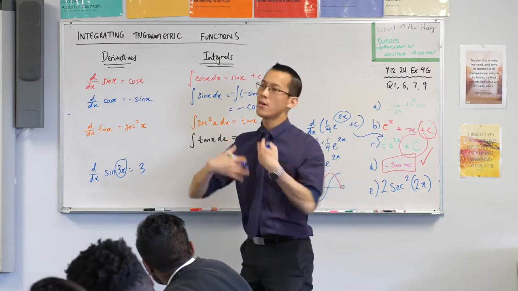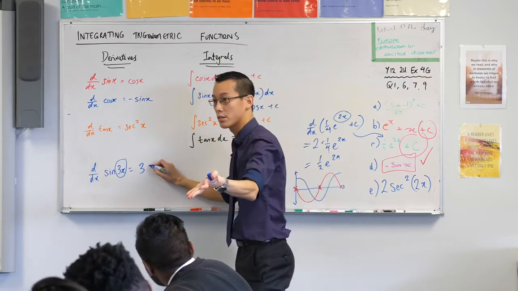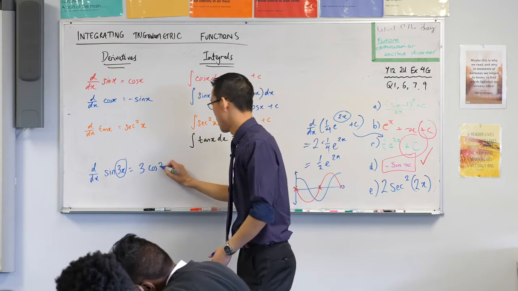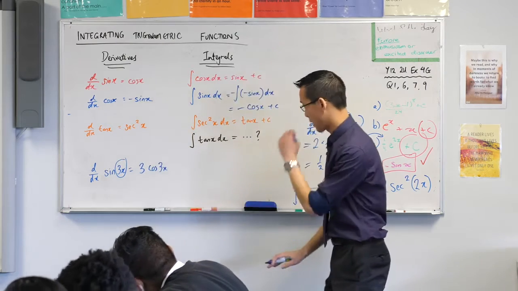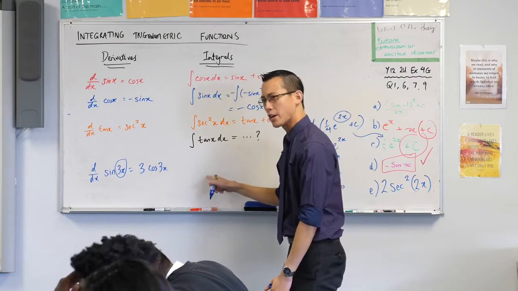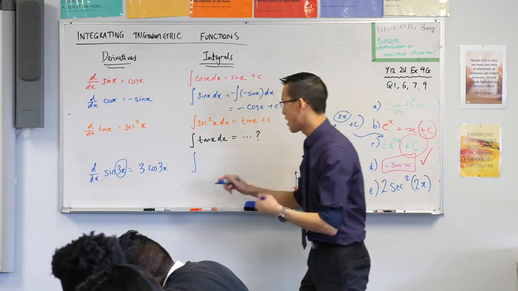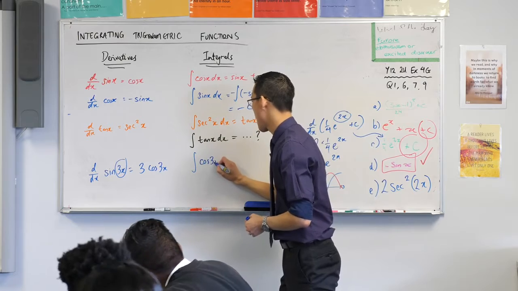Inside's dealt with. Now I'll do the outside. As you guys said, that's cos. And don't forget the 3x is still 3x. So there I'm good to go, okay? Now when we write some equivalent integral statement with this, right? This integral. If I started with cos 3x,